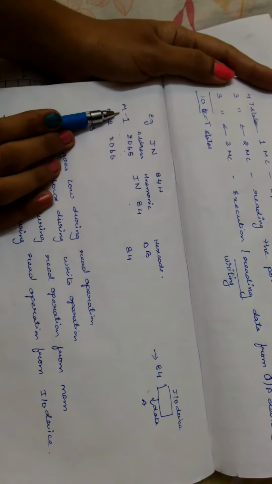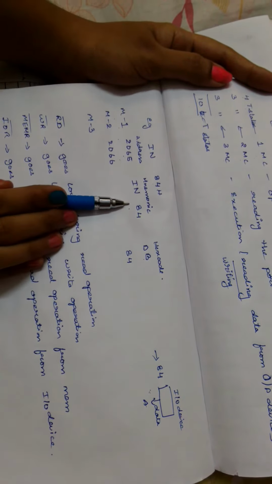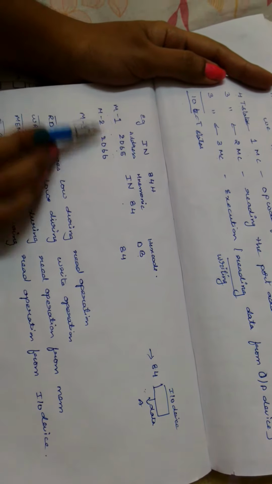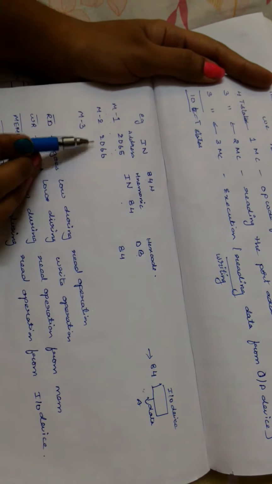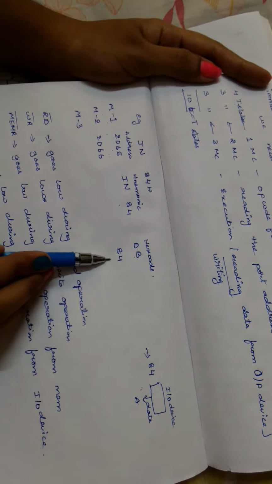At the end of the first machine cycle, the processor understands that this is the IN instruction, and in the next machine cycle it is going to get the port address. So it then moves to the next machine cycle, that is 2066, where 84, the port address, is